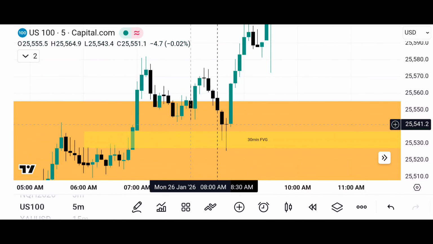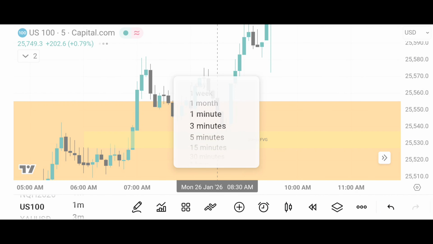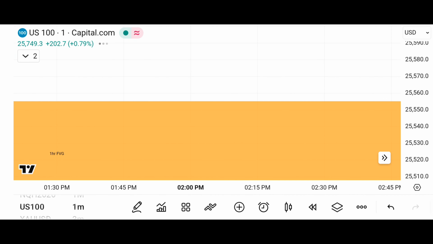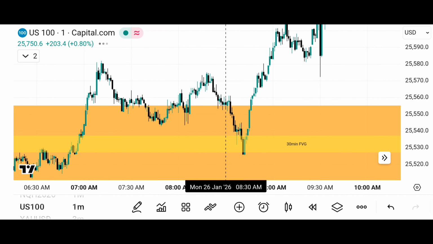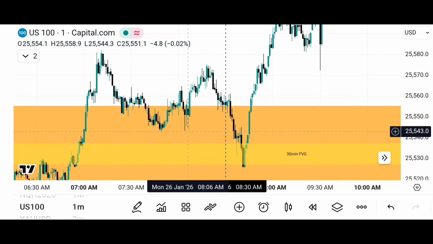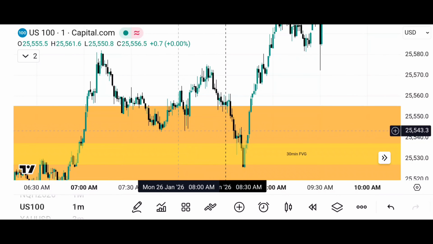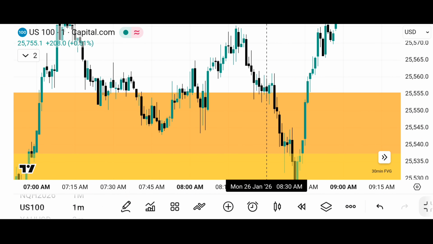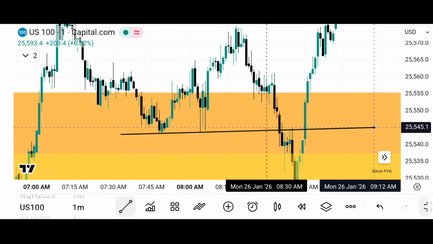Okay, these are actually relative equal lows. If I drop down to a smaller time frame, you see it clearly. Let's go to the 1-minute time frame. So it's not necessary that price has to drop down below relative equal lows. Sometimes it might just be a low. Let's draw this out. Sell side liquidity taking out